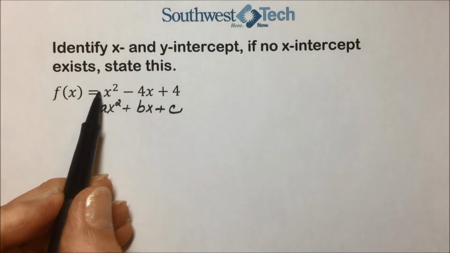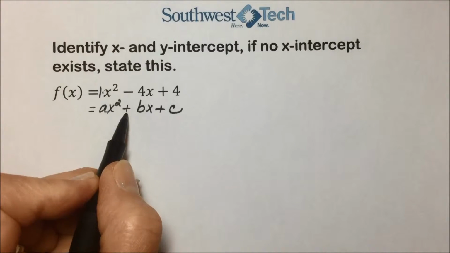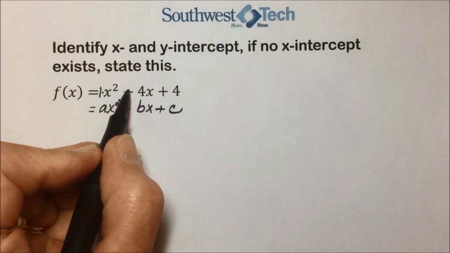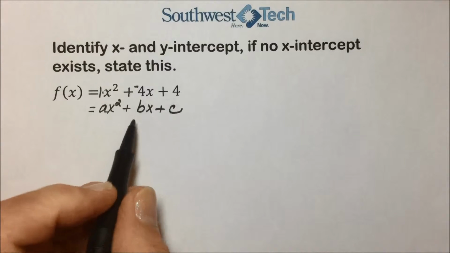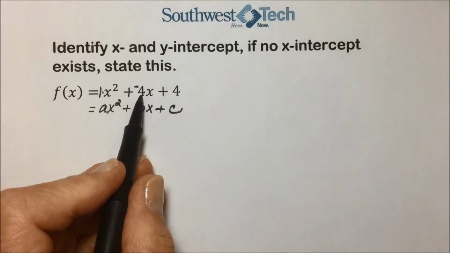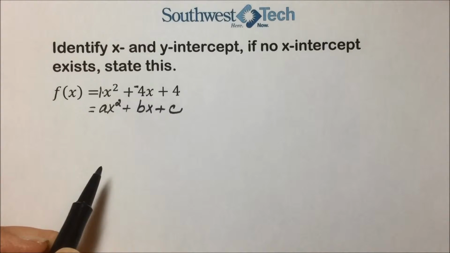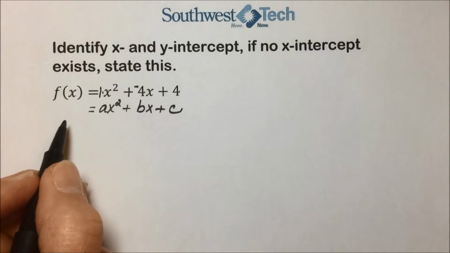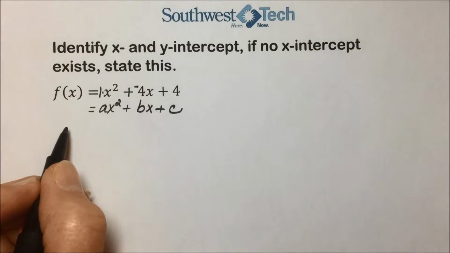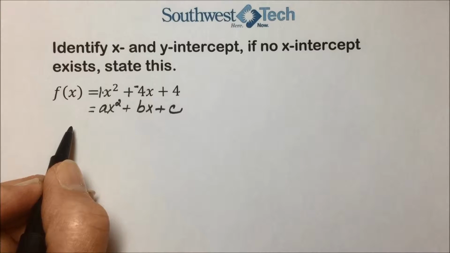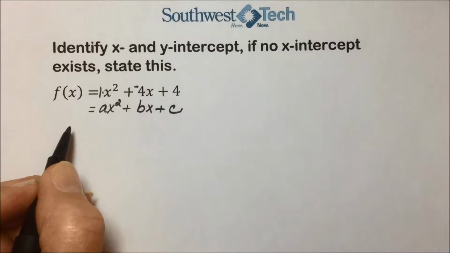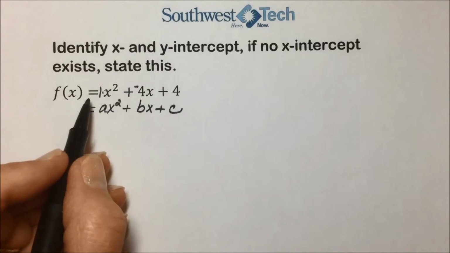So here we have a is equal to 1. We have a subtraction where we need a plus, so it would be plus a negative 4. Our b then, which is the coefficient of our linear term, will be a negative 4, and our constant is 4. So to answer the x-intercept, we can either factor or use the quadratic formula, because essentially